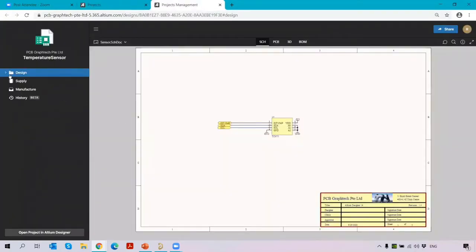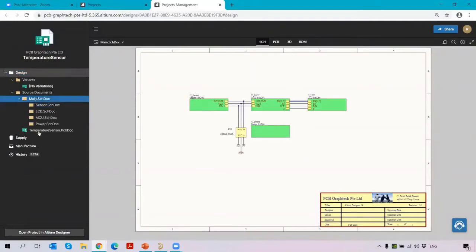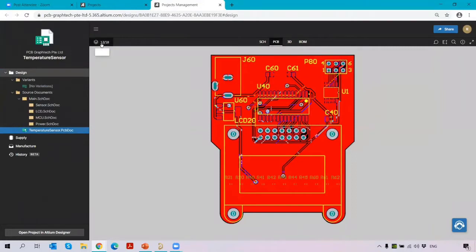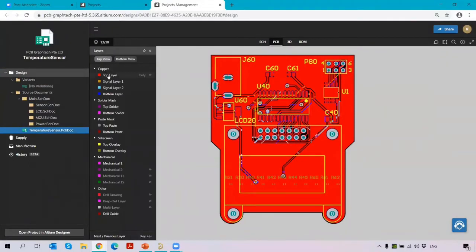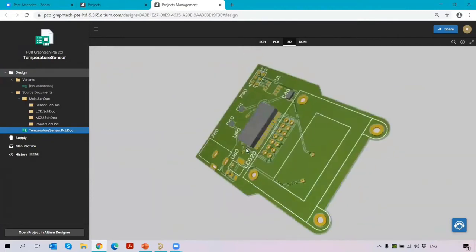So opening, you will see all the information of my design. So schematic documents, then my PCB documents. Then I can see what all the layers I have and what are all visible, you can also hide layers. Okay, if you click here, it will hide the layers. Similar way you can do all the layers which you want to hide, which you want to show, you can do it here. Then you want to see the 3D view. So for 3D view, you can just click for 3D. Then you can see the 3D view of your board here.